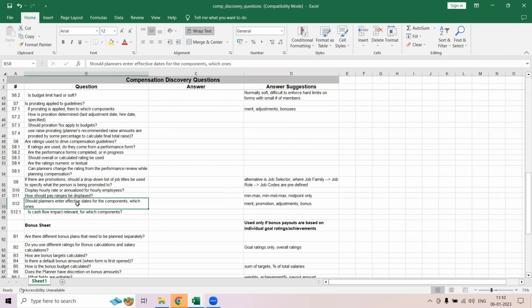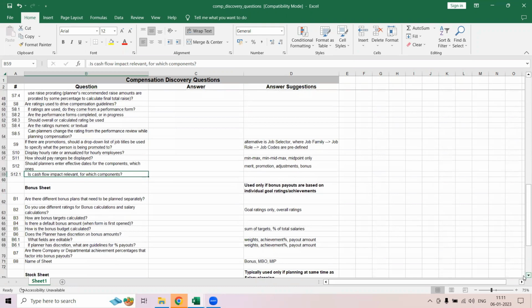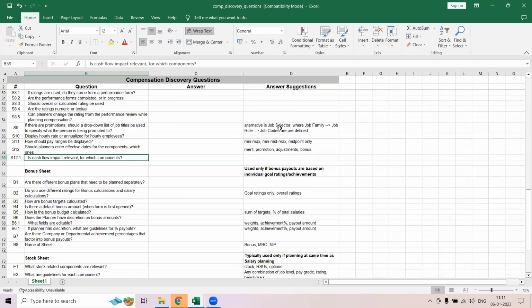Should the planner enter the effective date for the component? Which one? So, should the manager enter the effective date for the component? Which effective date is getting used? Is the cash flow impact relevant for which component? If there is any cash flow happening, normally this will be for all the components